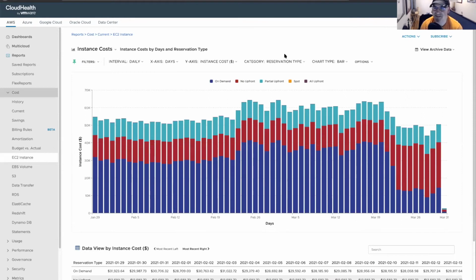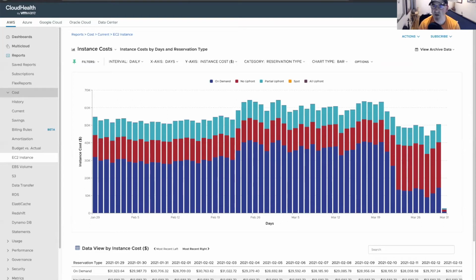You can do these categorizations all over the place as well. So categorization here on an EC2 instance report or cost history report here. This is showing us costs by various different EC2 instances. I've got it categorized by our reservations right now. So you can see your on-demand costs have come down as